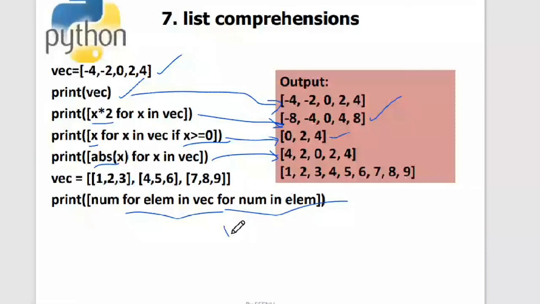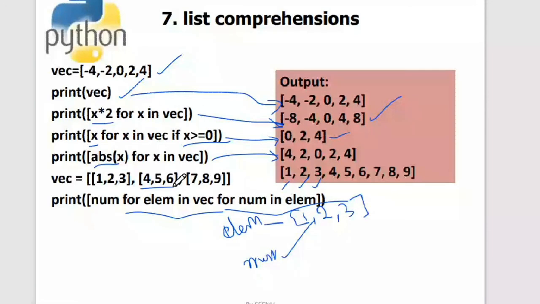So what is num over here? Num, you are iterating over this particular ELEM, which is a list in itself. It will iterate this from the 0 index. For the first element, it will give 1, 2, 3, and the inner loop is broken now. So it goes to the outer loop, and the outer loop will take the next element. What is the next element? 4, 5, 6, which is a list in itself. This is an example of the previous case, wherein I'm just printing the elements of the list. The inner loop will iterate over the second element of the VEC, wherein the second element is a list in itself.